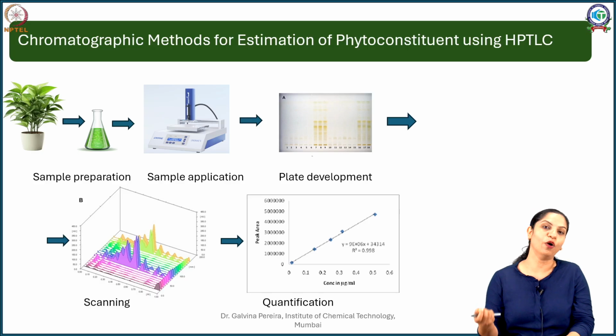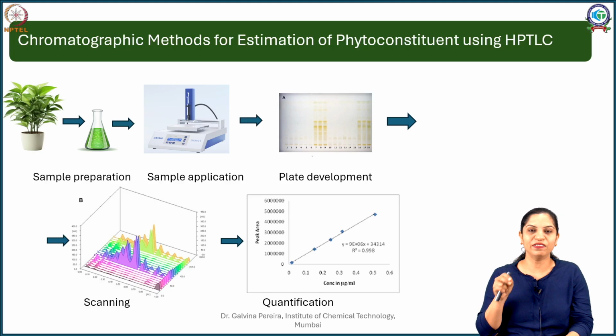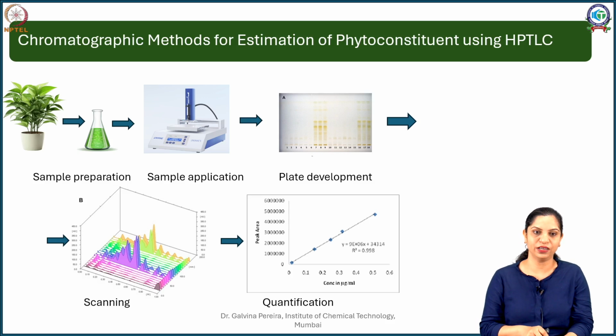When you do a normal TLC, we generally apply by hand because it's qualitative and we are not interested in the quantity. In this case, we are interested in how much is applied, and we have to apply a very specific, calculated amount because we are going to take readings from it. So this is done in a machine-controlled manner using an applicator, a machine which applies the spot in a measured quantity at a measured volume.